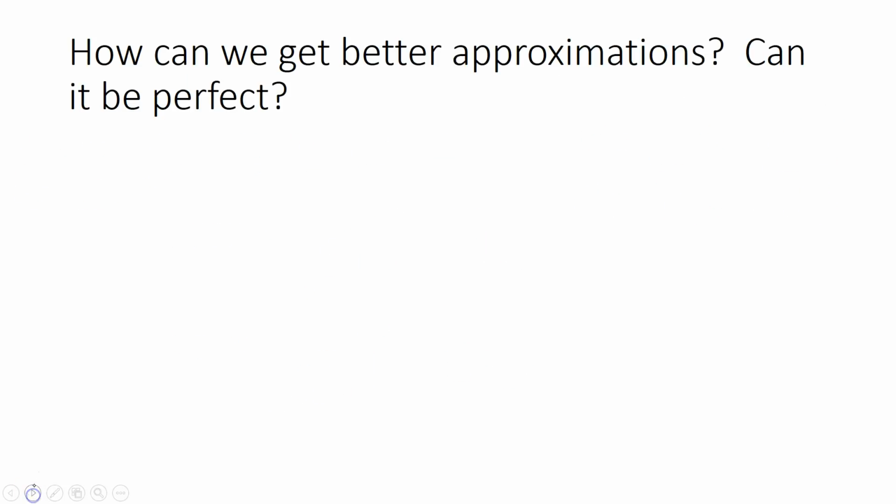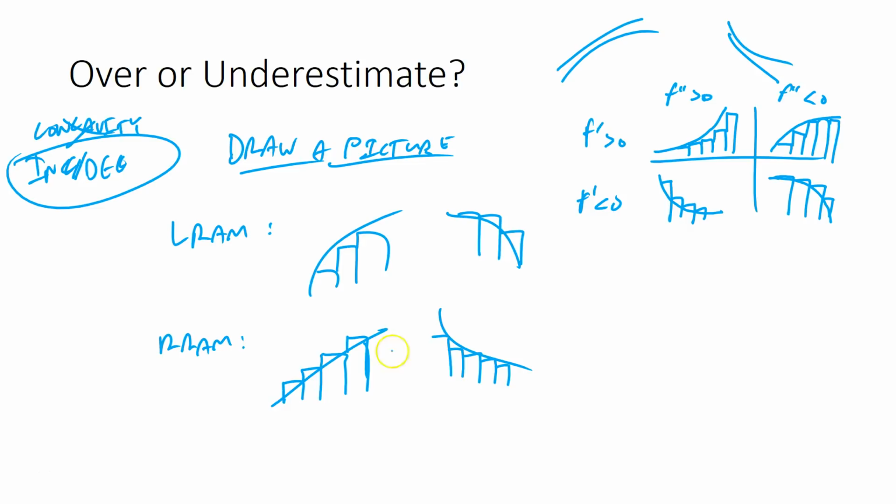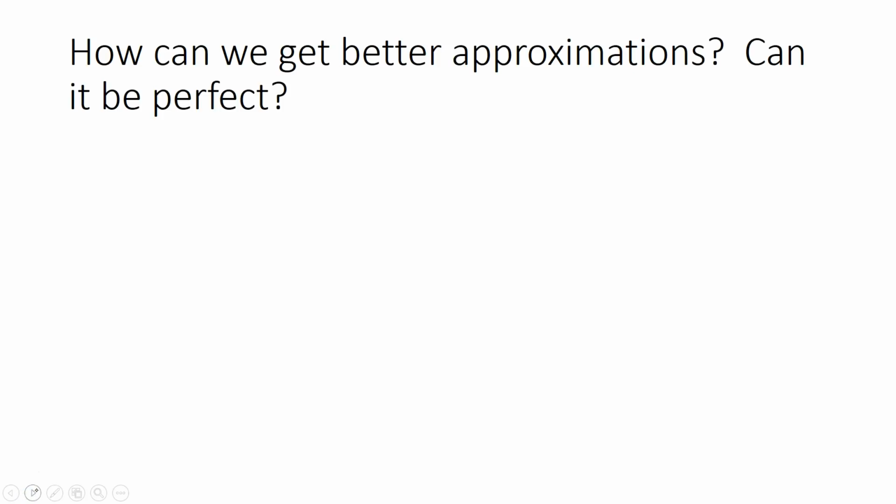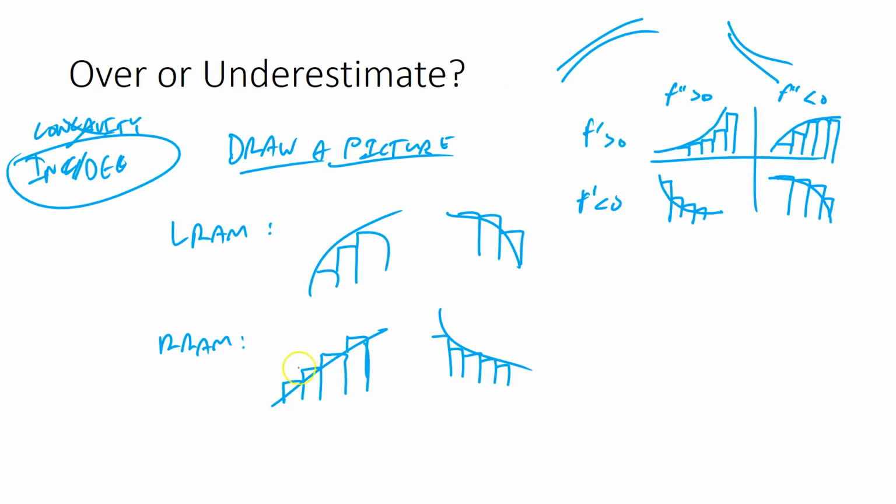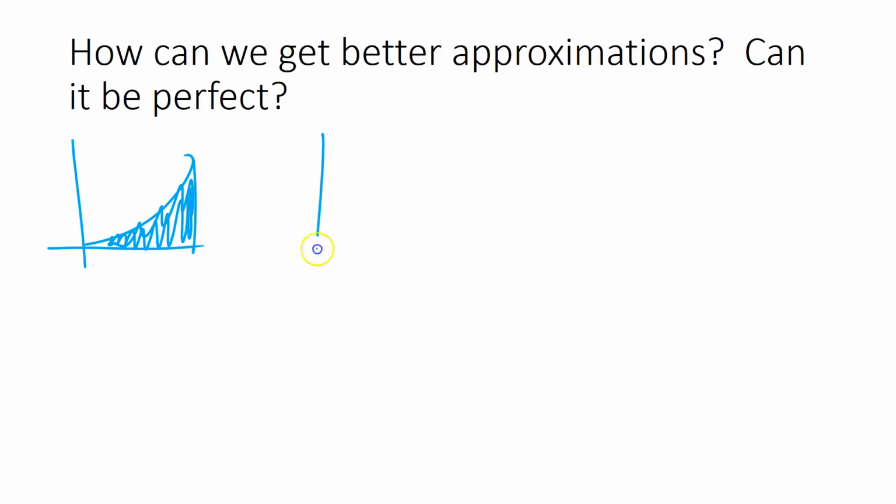Okay, so the question is, can we get better approximations, right? Because we have all these gaps going on. And the question is, can we get a better approximation, and can we actually be perfect? Our goal, remember, is to get this area, exactly what's underneath the curve. And you might have already figured this out. If I want to get a better approximation, I could just use more rectangles, right? So like in this parabola that we've been dealing with, if you use, let's say, a right side approximation,